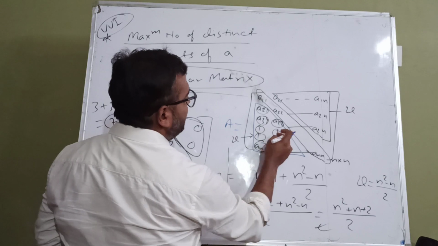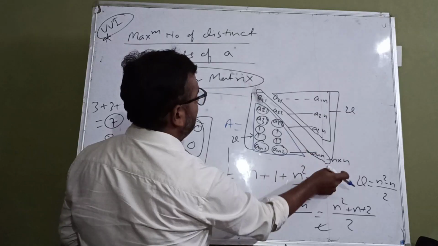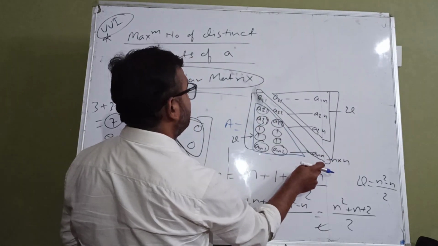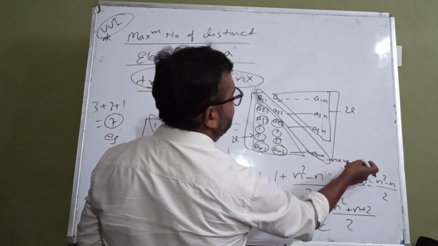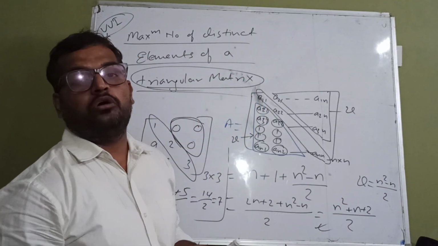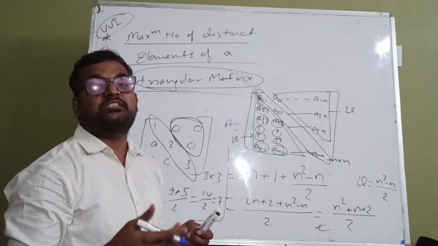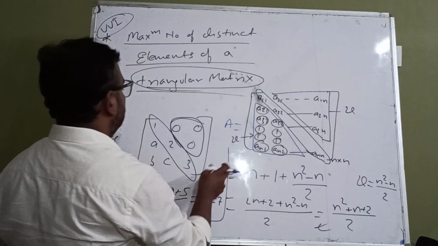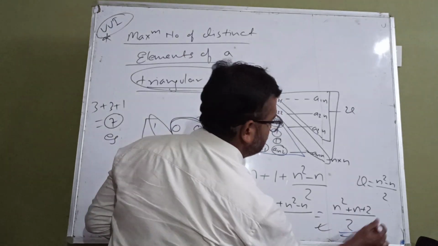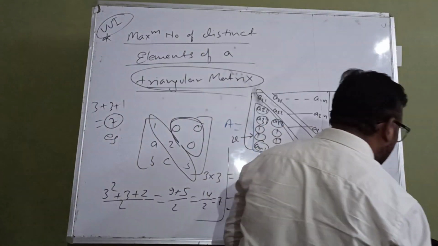The below the diagonal and above the diagonal elements are the same. Let this be x, and n is the order. Then n elements x plus n, that is equal to n square. Solve this and you will get this one. This is the minimum number of zeros, and the maximum distinct element. What will be the maximum number of distinct elements? Then the maximum number of distinct elements is equal to this one. Okay. Moving to the next point.